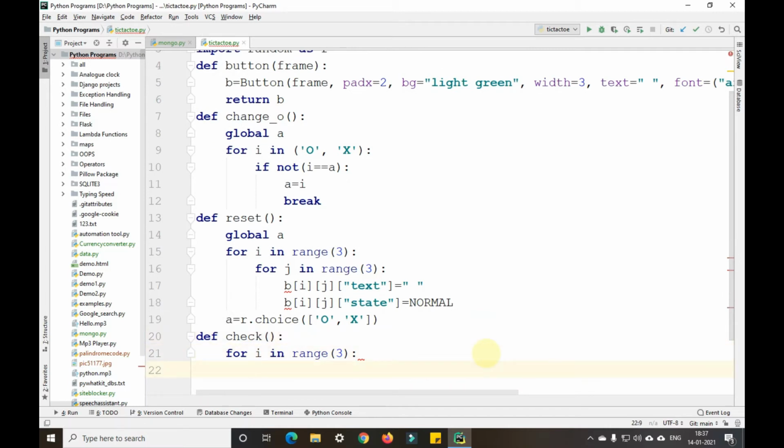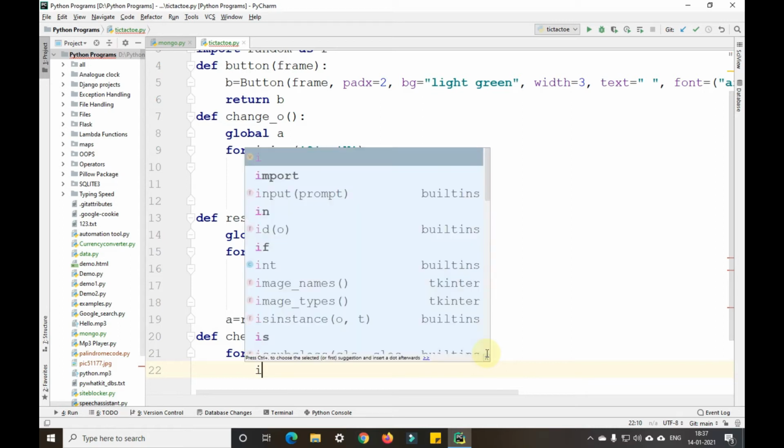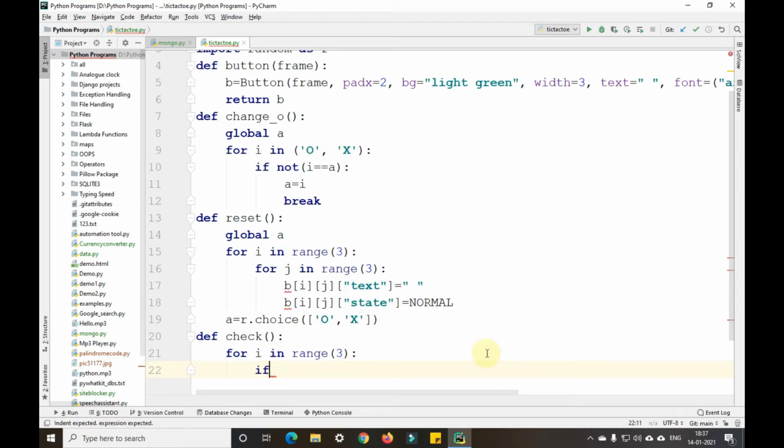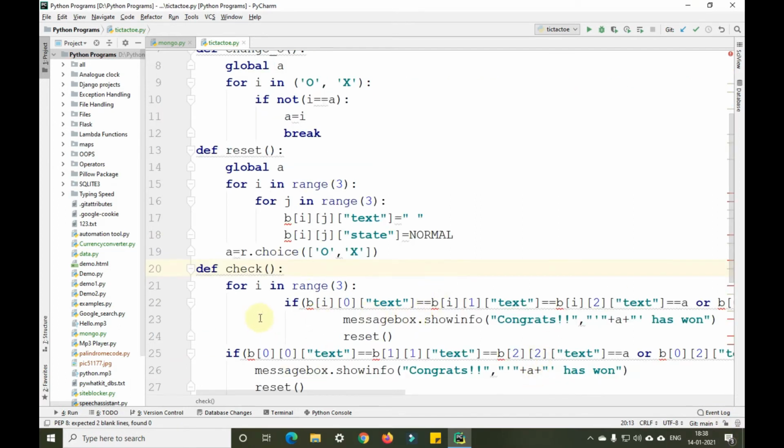Okay, now we are checking if all the values in that particular row or column are equal or not. If they are equal, then we are printing that that particular person has won the game. I have the code for that function ready, so I'm just pasting that function here. You can see I have pasted the function successfully. So I have defined the check function.